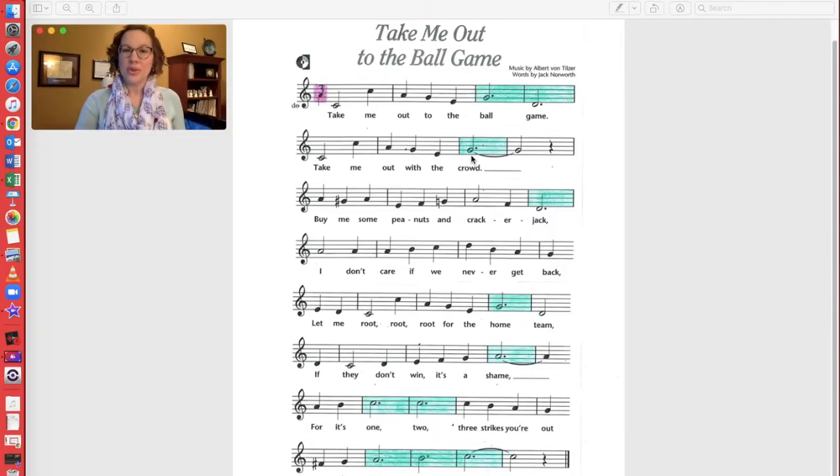So we reviewed at the very beginning of this song that this kind of note right here, which is a dotted half note, gets 3 beats. And then the note that's at the very beginning of that next measure, just past that bar line, gets 2 beats. So what is 3 plus 2? Did you say 5? Yes, so when we sing crowd,